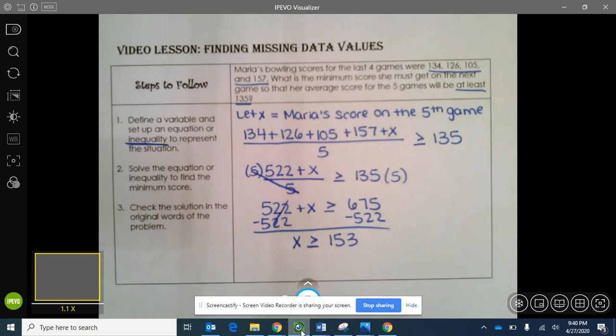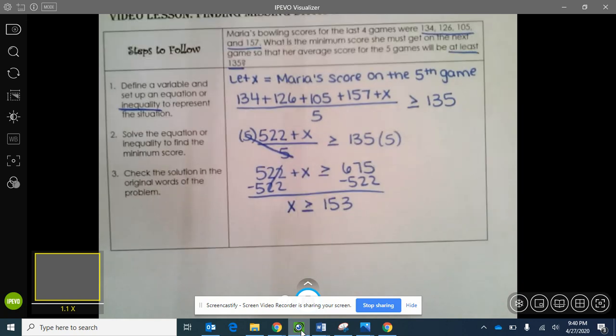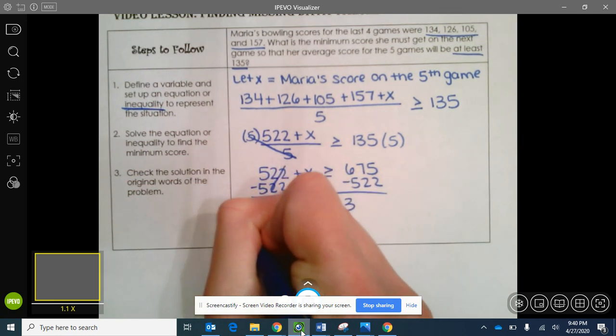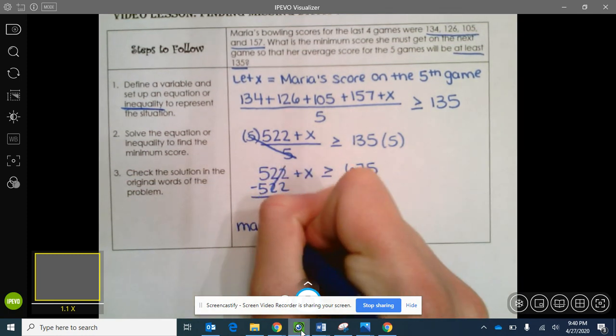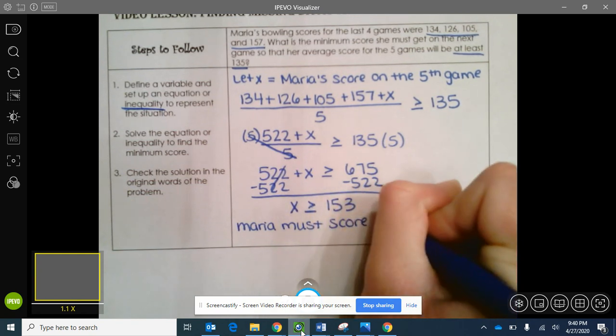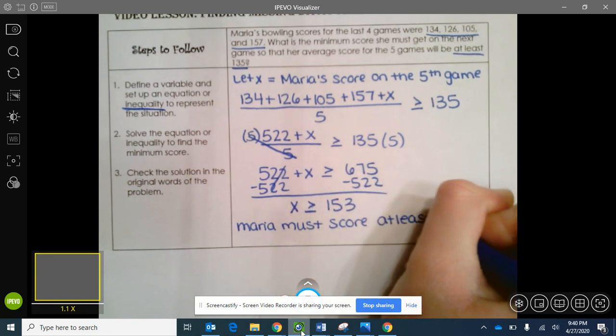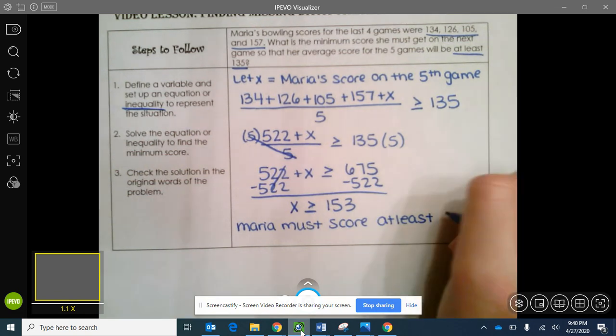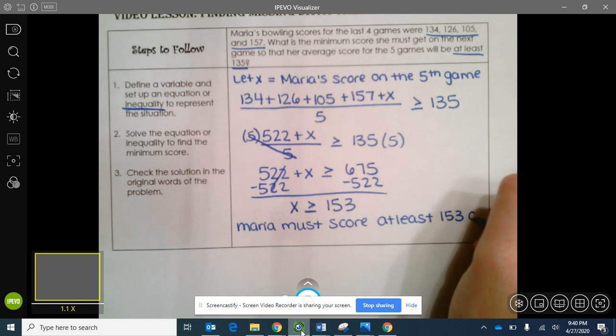Now I want to go back and interpret that solution in terms of our problem here. What they were asking us was, what does she need to score on the 5th game so that her average will be at least 135? So we want to answer that. Maria must score at least, so notice I'm using that same keyword they gave us in the problem. So Maria must score at least 153 on